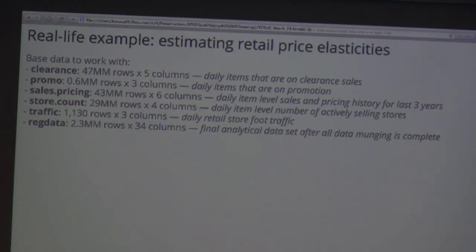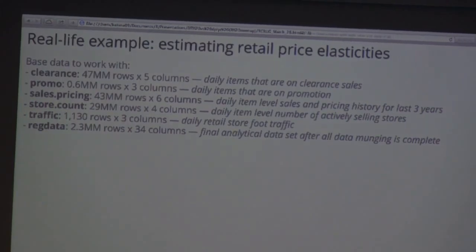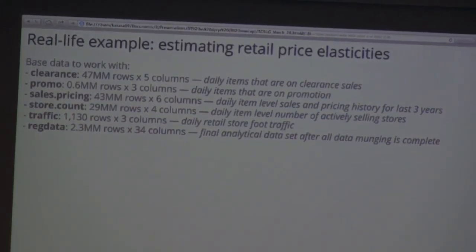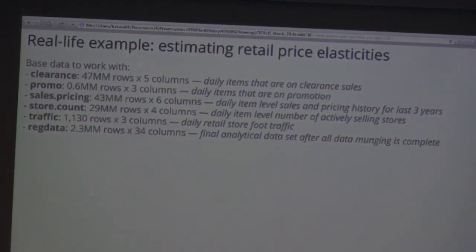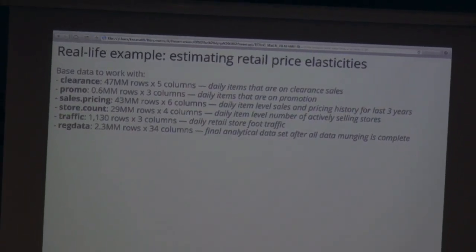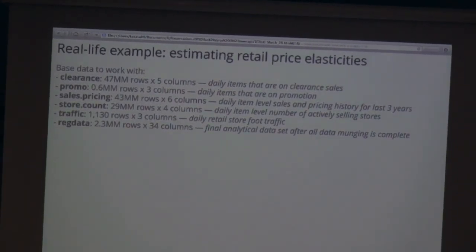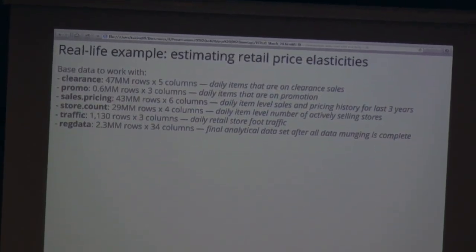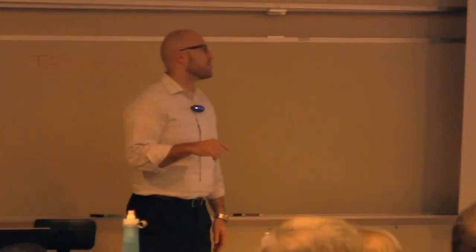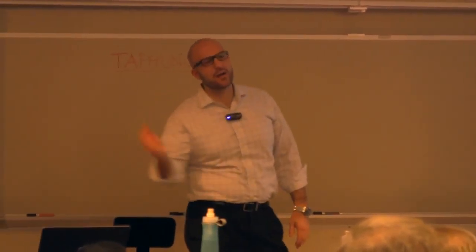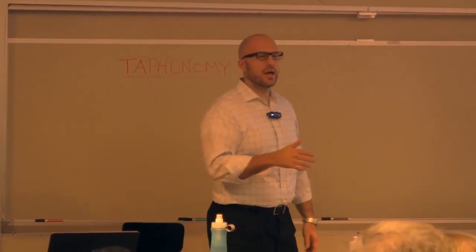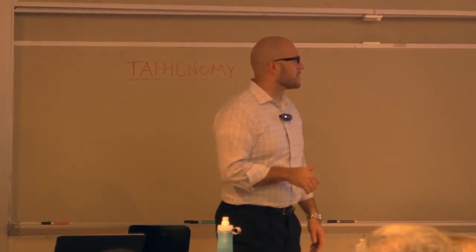So we'll have clearance data, right? It's an okay data set, right? 50 million rows roughly. It's clearance. On a daily basis, it tells you which items are in clearance, right? So which items are on deep discount, which items are on promo, right? It's a smaller data set, right? Sales pricing gives you, by day and product code, the pricing history for the entire 3 years, right? So about 1,000 days, call it,